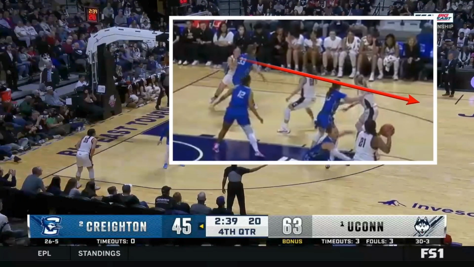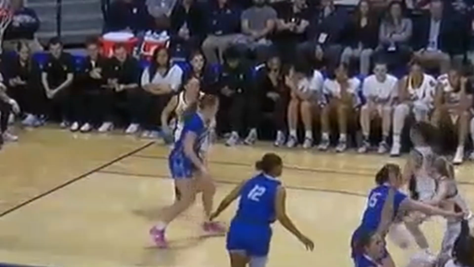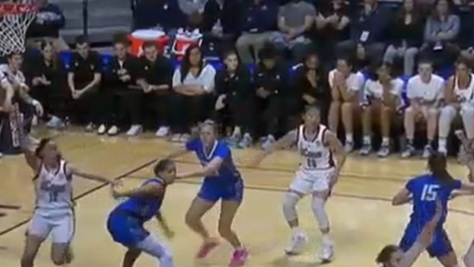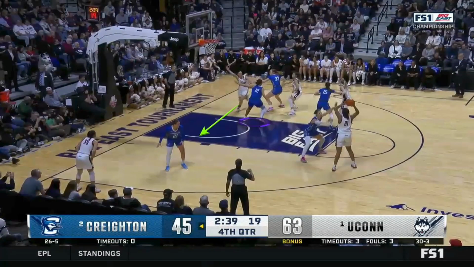The threat of the action opens up multiple different options that we have as offense. So here, this is the pace that she uses by walking into her defender, making her defender start to think about her coming off of the screen. So 33 jumps high to try and defend over the top of the screen, but she jumps over too early. And the pace that 12 uses here allows her to make that read, to make this backdoor cut opposite where her defender was. 33 jumps high over the screen, 12 back cuts low to the rim,